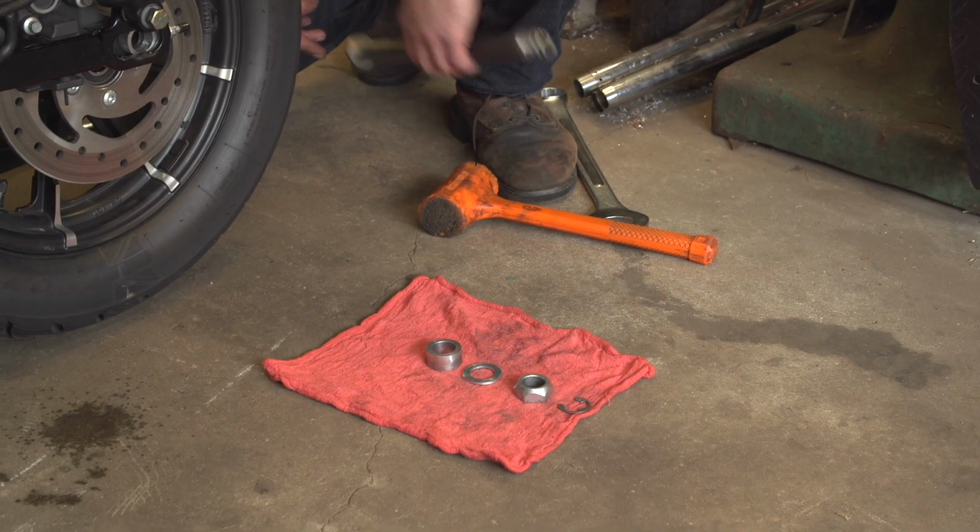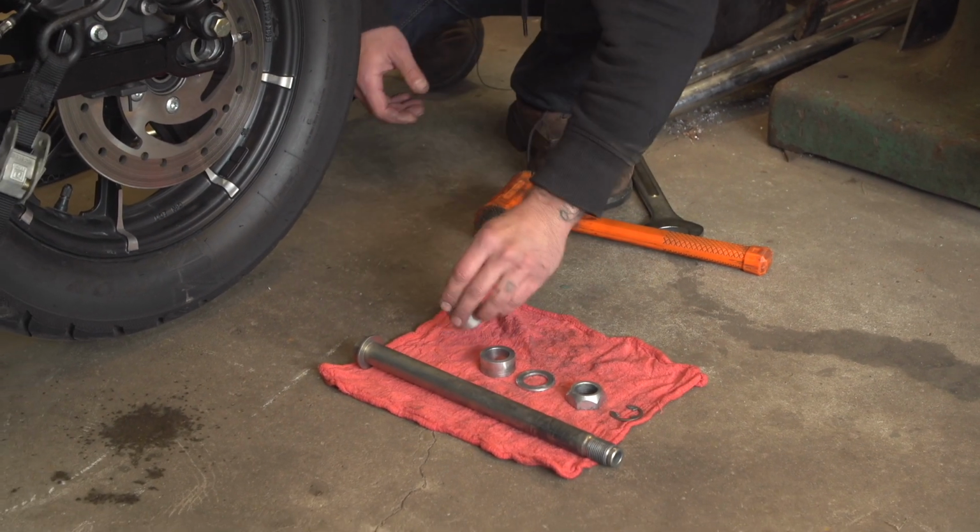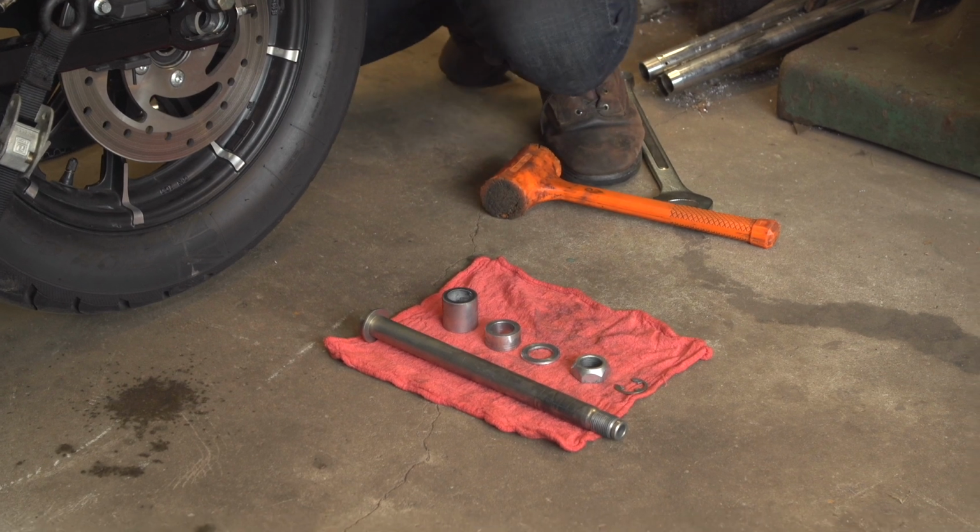So my final bit of advice as far as removal of the axles is that you've got to keep track of all the parts. There's going to be wheel spacers, there's going to be washers, there's going to be a lot of pieces that become free once you pull that axle out. So what I generally like to do is, as each component comes off, I put it on the ground in